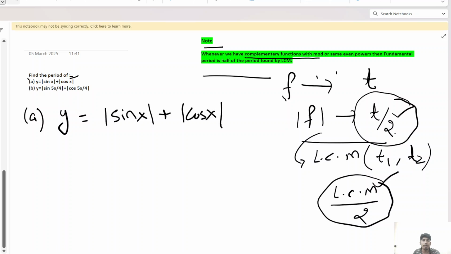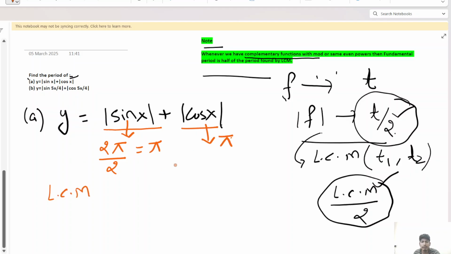Okay, we know the period of the function sin x is 2 pi, but here it is mod sin x. The mod sin x function's period is divided by 2, that is pi. The cos function is also 2 pi, but with the mod, the period of mod cos x is pi. So what else? The period of sin x plus cos x